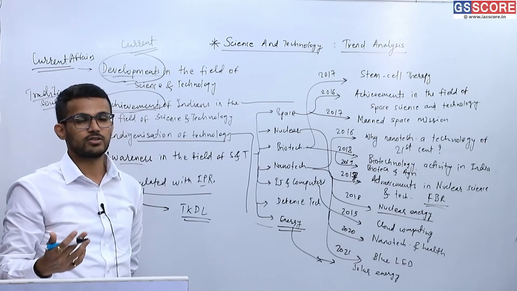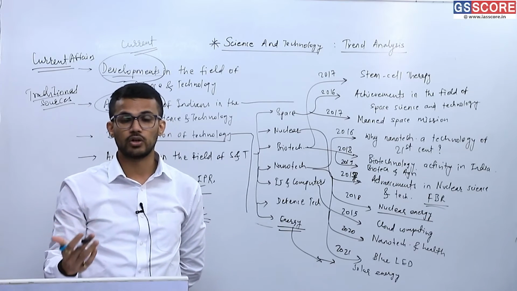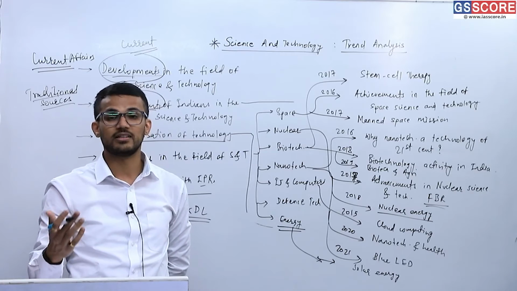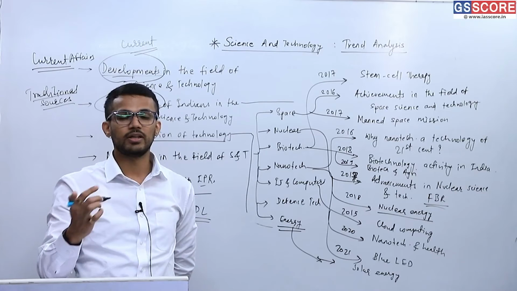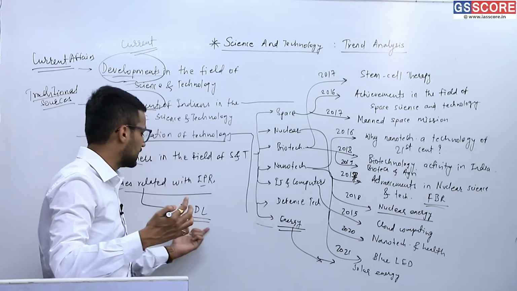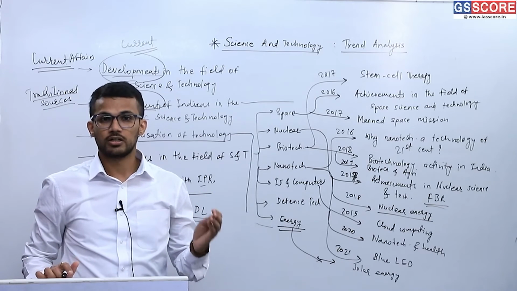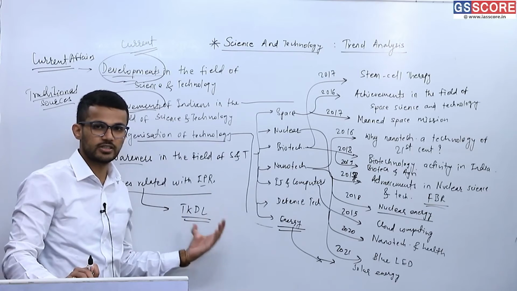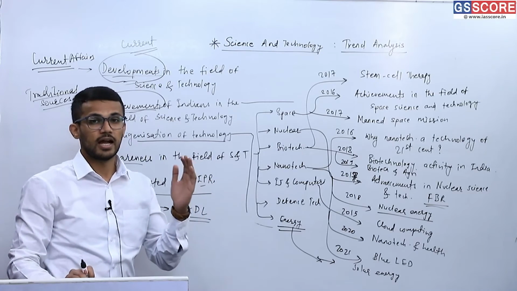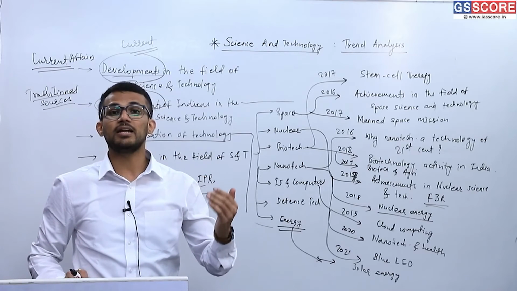So TKDL consists of information from traditional knowledge related to, let's say, medicine in India, and that traditional knowledge is available in various languages in TKDL like English, German, French, Spanish, Japanese. All those languages, the knowledge is converted into all those languages, and that information stored in TKDL is made accessible